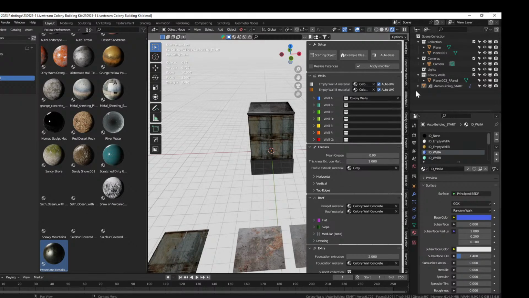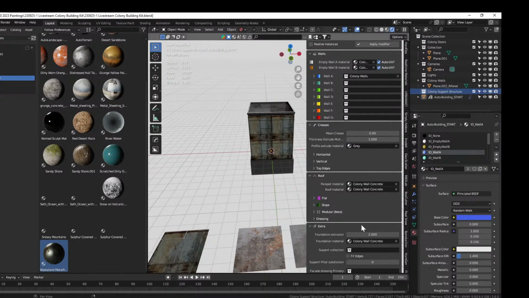Let's start thinking about what I want the other ones to be. What else I'm going to make. Let's make a new group collection. I don't want to be inside there. In the scene. And this one's going to be, I like colony, so colony doors, just so we can call it that. Next one's going to be colony support structure. And that's what I think I want to work on next, because this was my idea before,